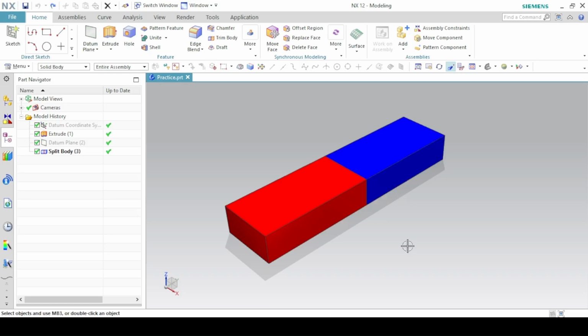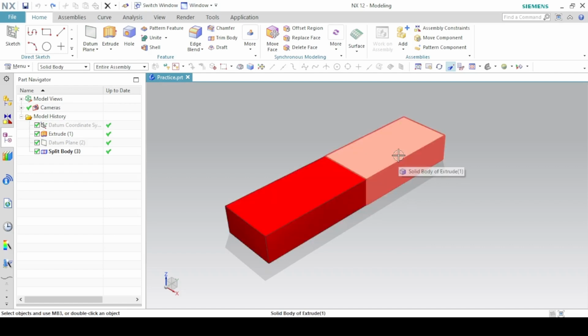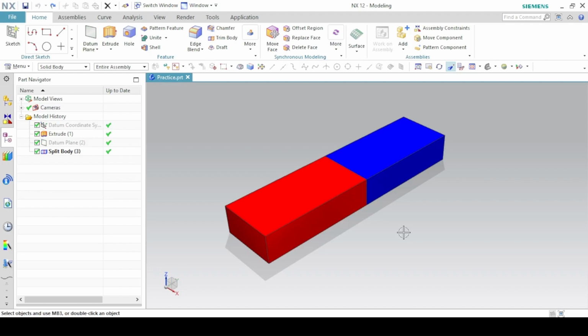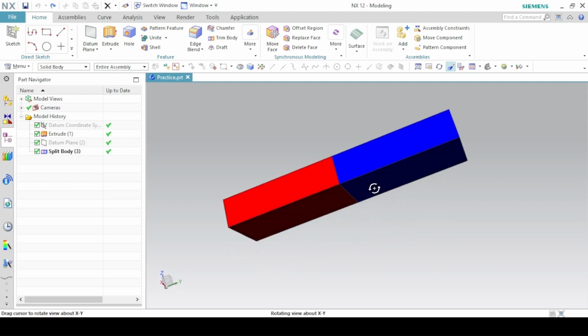In this tutorial, I'm going to show you how to split this rectangular block into two parts. As we can see, you're going to be using the split body feature to do that. It's very simple. Make sure you watch the video to the end so you know how to split this body into two parts,